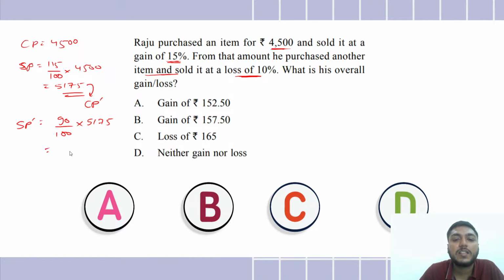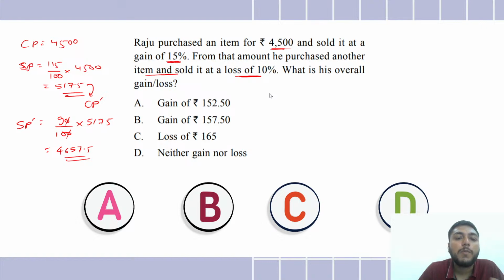So we will get the answer as 4657.5, right? 5175 multiplied by 5 is 46575. And then divided by 10, we get 4657.5. So now what we will do is we'll calculate the overall selling price and overall cost price to get